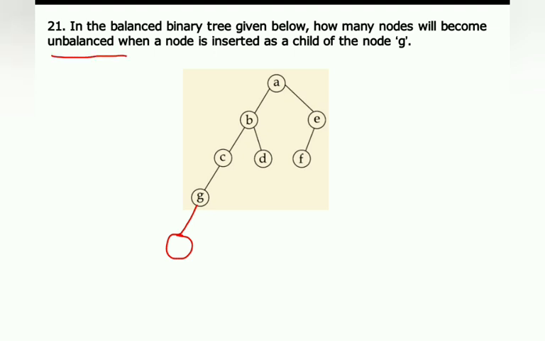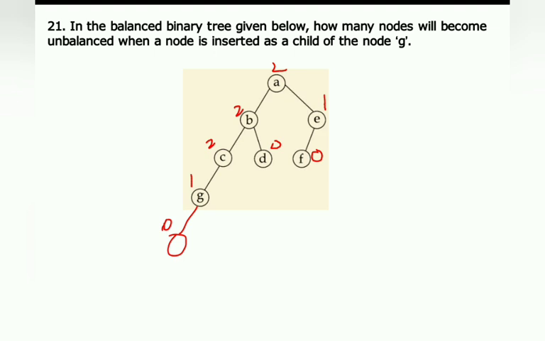Okay, so we know that the balancing factor is the height of the left subtree minus the right subtree. So what is the height of the left subtree here? 1, 2, 3, 4 and 5. Right. So 5 minus... For G, the left one is 1 and the right is 0. So 1 minus